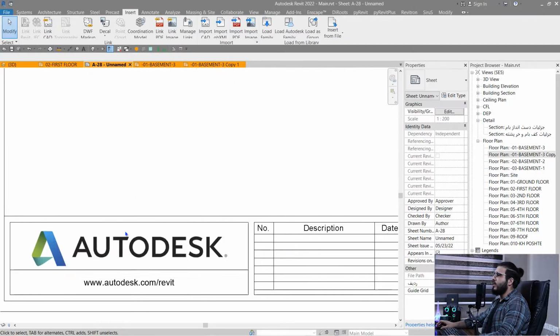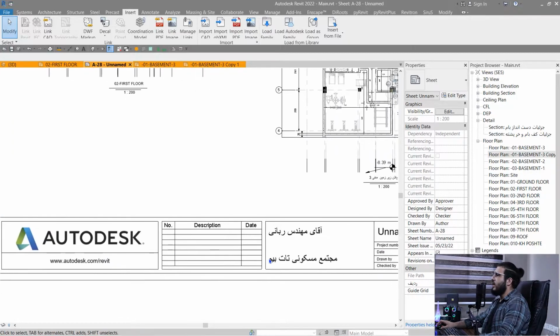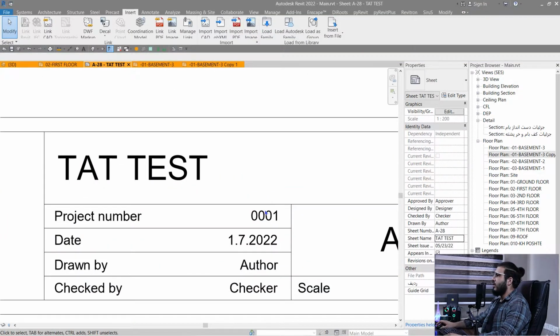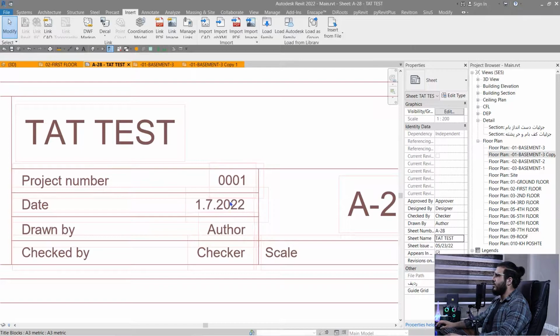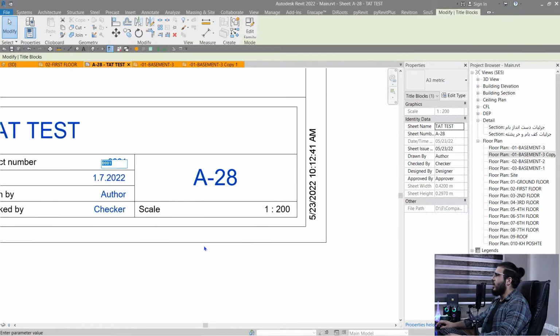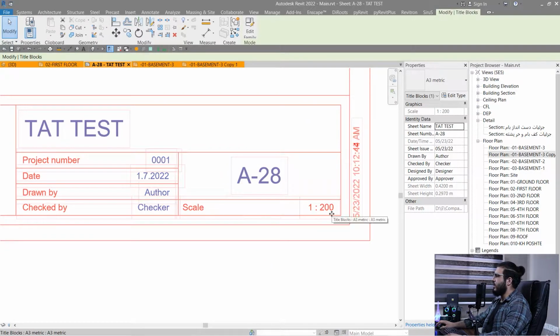And also, before diving into some other parameters, you can see some of the elements in your sheet will be parametric. For example, you can name your sheet in here, or in these properties in here. For example, let's name it TAT test, and you can put the project number, and some of them are not editable in here, and some of them are. And for example, you can change a sheet number in here, and the scale will be